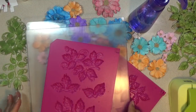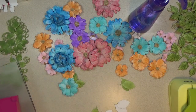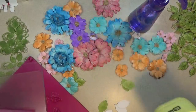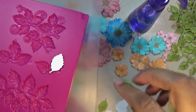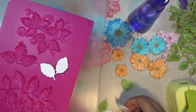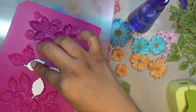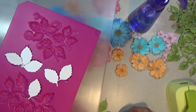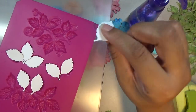Okay, so the next demo I want to show is the single leaves that are not Heartfelt Creations. This is by the Mcgill punch. Okay, what I'm going to do is put these in single, like that. And I'll just put them in all these little loose areas of the mold and emboss them and show you that you can do a lot of these at once and save a lot of time